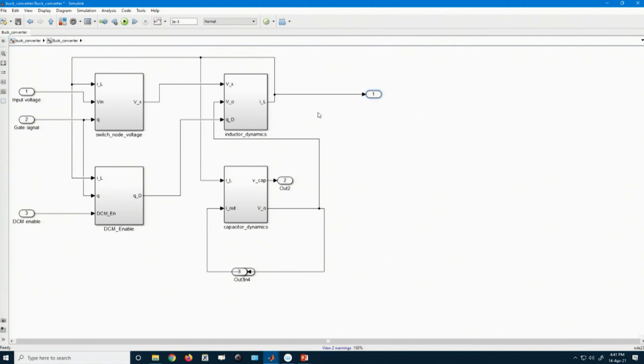Now, this is my inductor current, and this is my capacitor voltage, and if I want to see the output voltage, yeah, it is already there.